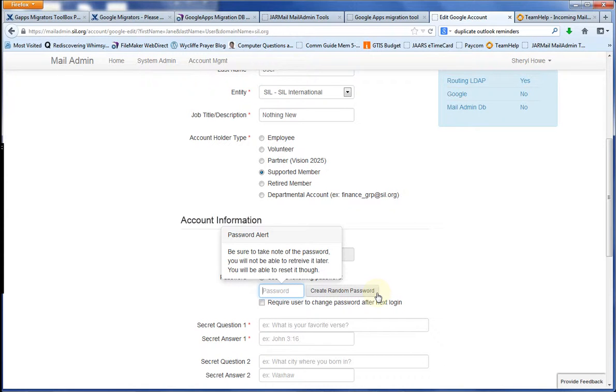It's up to you, the mail administrator, to determine. Some people, the requirement is that it's at least 8 characters and contains both letters and numbers. Some folks who have part of their account name as their password, you might just determine that's not a good password. So for this one, we're going to make her a